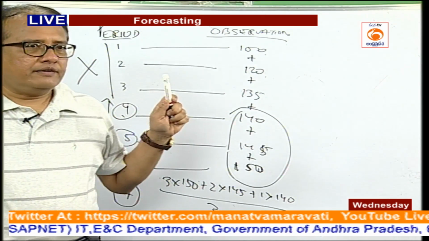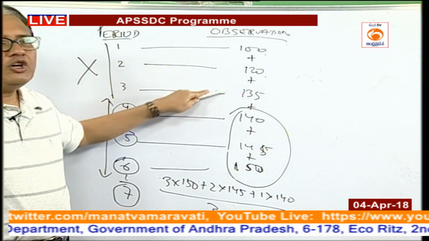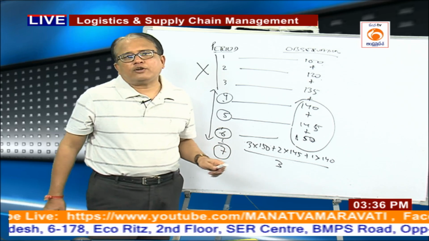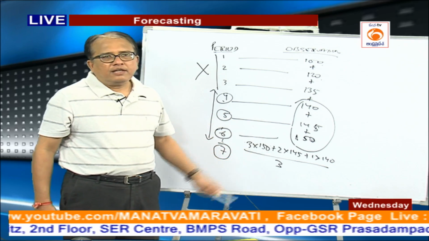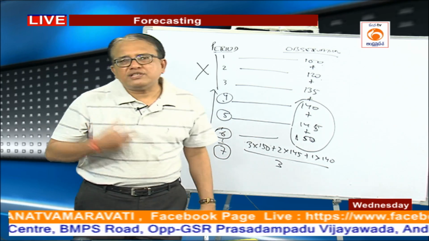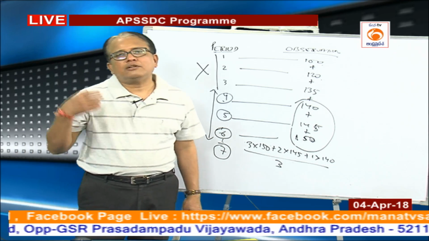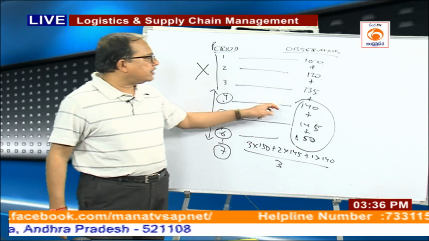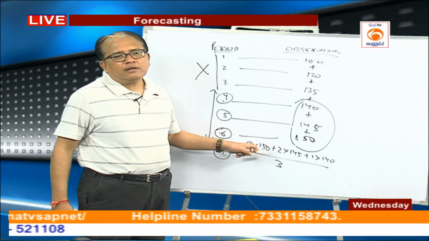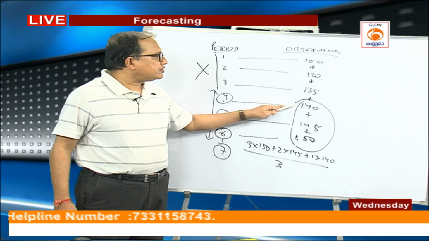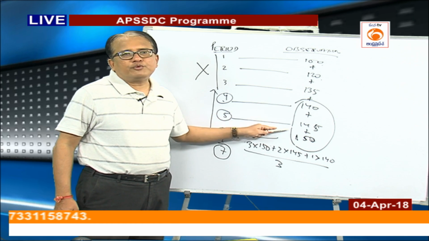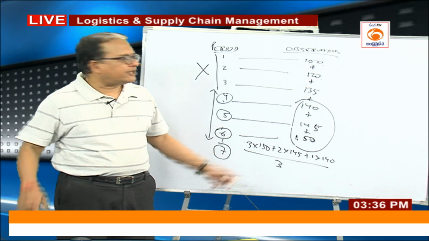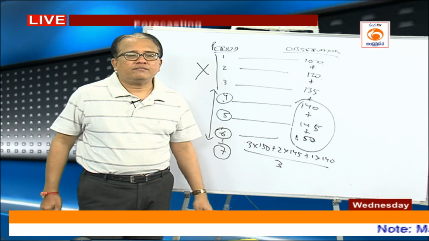If you are not satisfied, if you do not want to take old data, you only want to concentrate or consider recent data, then it depends upon how recent, 1 month, 2 month, 3 month, 1 year, 2 year, 3 year, 4 year, whatever it is. If you decide to consider only the 3 periods in simple moving average, you simply add up observations in these 3 periods, divided by the number of periods that you have considered. In this case, it is 3.